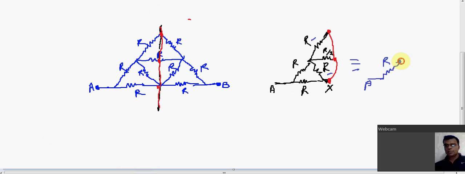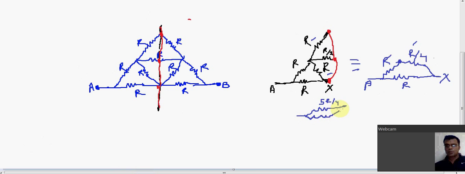So this R is in series with R by 4, and then we have R over here, and then this is point X. Now this R and this R by 4 are in series, and then that combined is in parallel to this R, which means this is 5R by 4